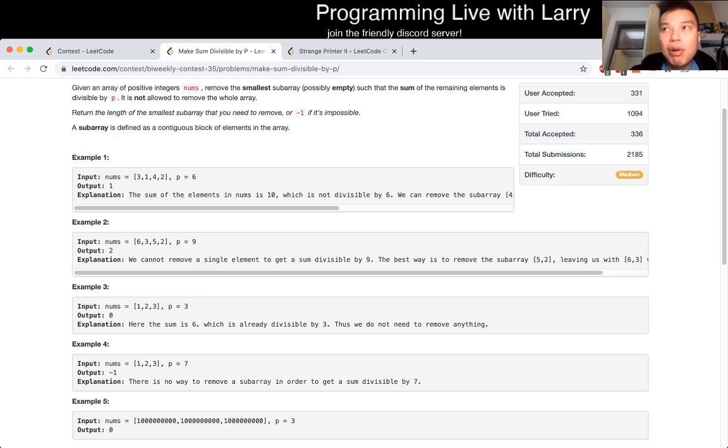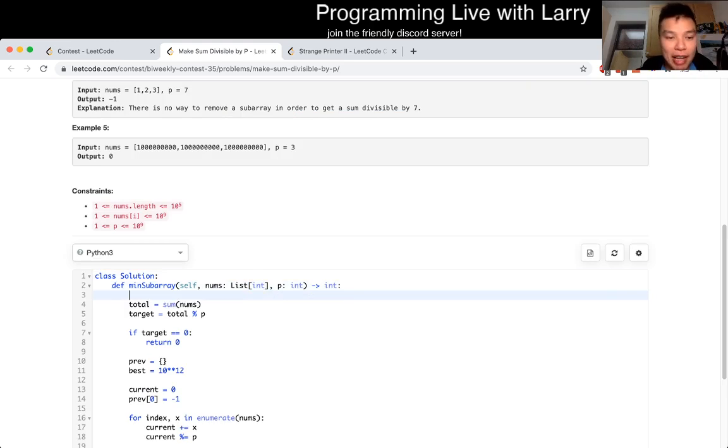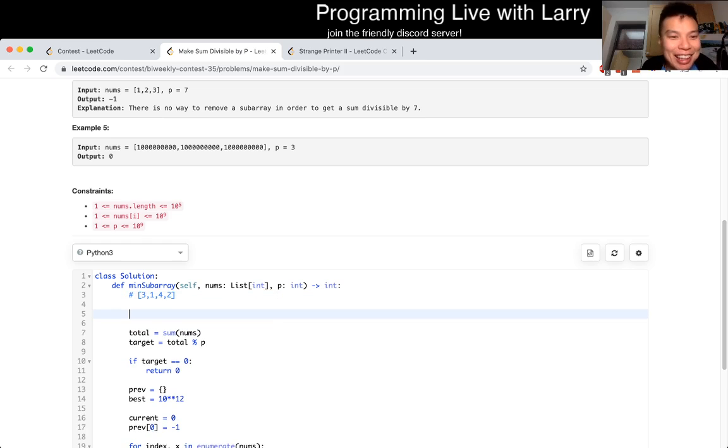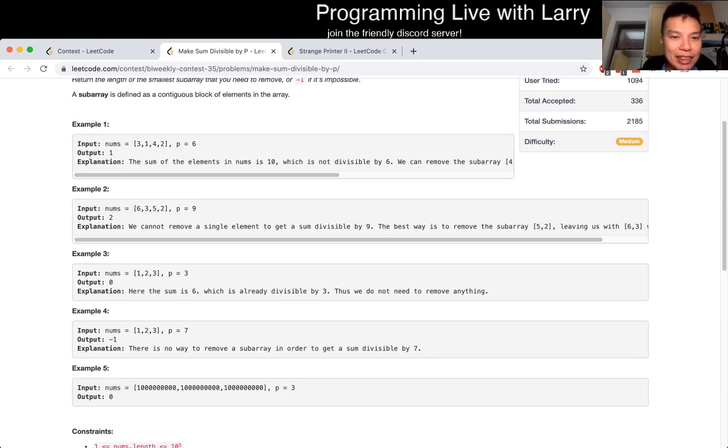For this problem, the prereq would be dynamic programming on the prefix sums. That's the way I would phrase it, and I think this is actually a problem that comes up in different places on Leetcode. It's just rephrased in a different way. So actually, I do like this problem, even though I mucked up pretty badly. I did pretty poorly. But basically, the idea is that